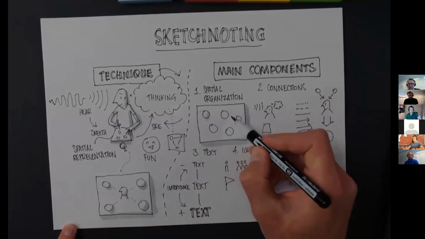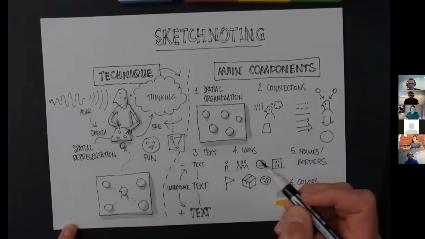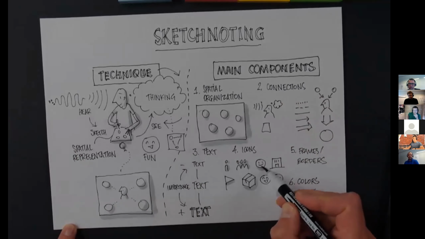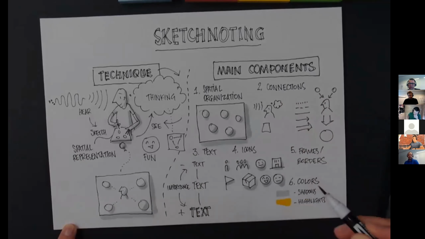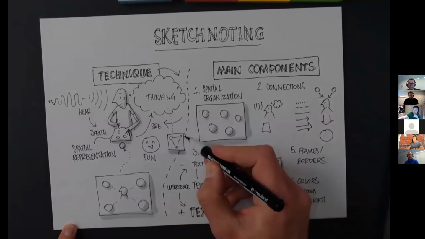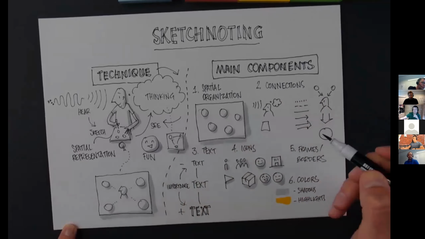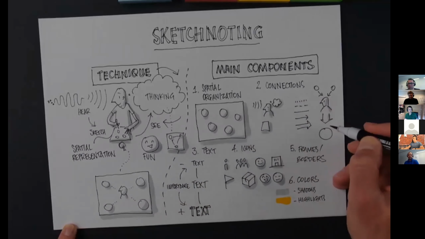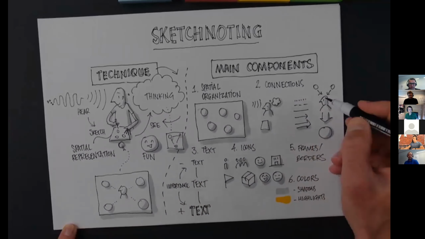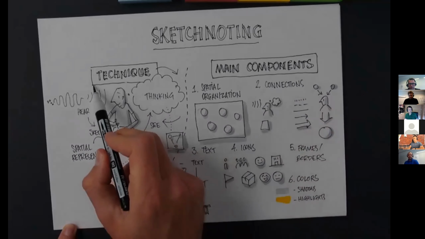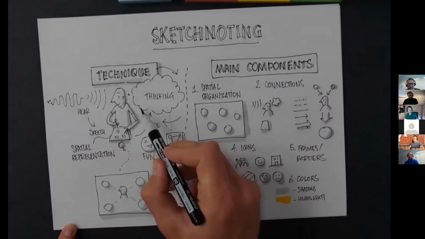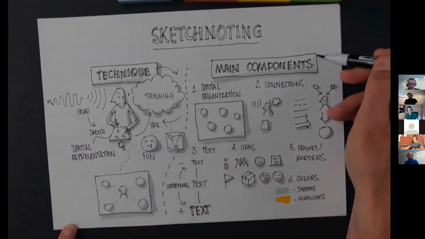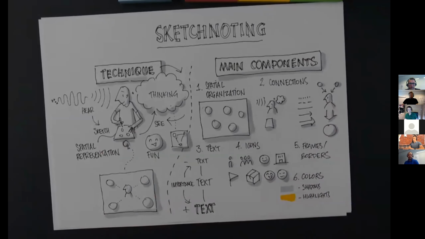Text is super abstract, I wouldn't give it a shadow, but if it's something like an icon, something that has a materialistic representation in real life, I would grant it a shadow. And I do that by simply drawing a kind of following shadow on the side. And sometimes I even give that to things like boxes and frames. So what happens, if you see what happens, it is as if the entire sketch note